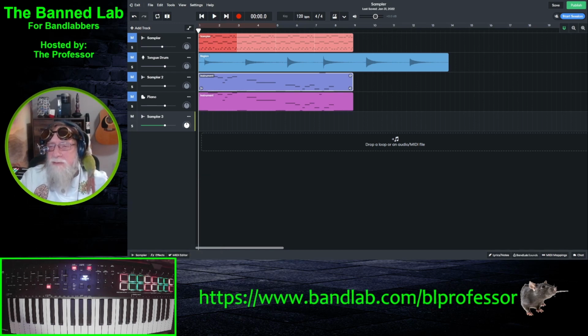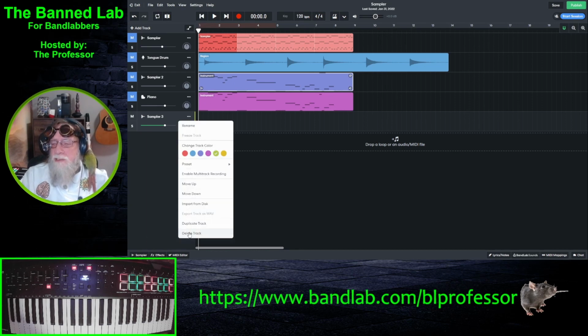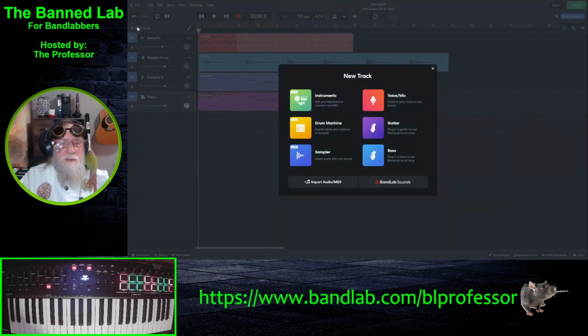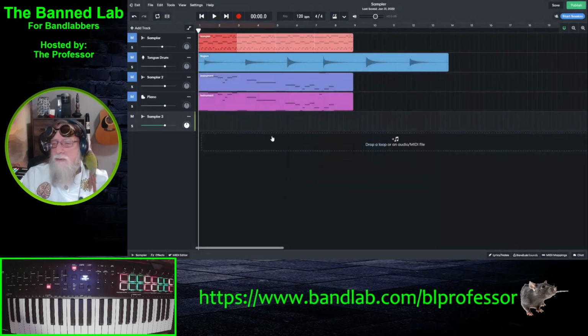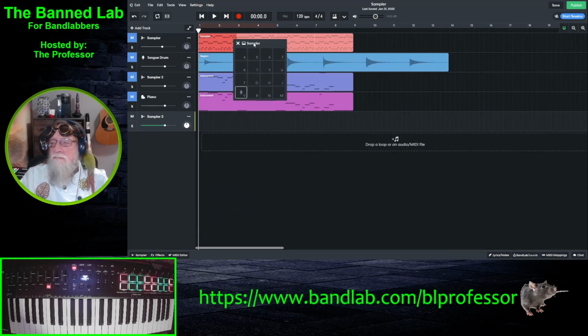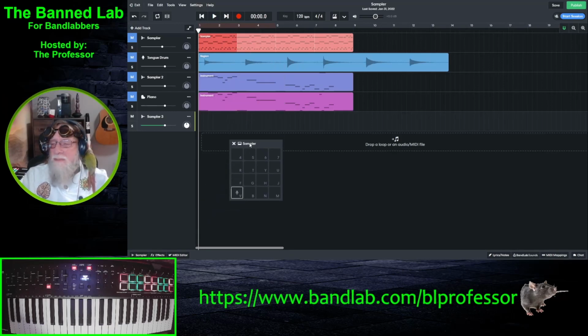Now before I go through these tracks I've already created, I'm just going to demonstrate how we actually go about using the sampler. It's really easy. Add track, and we select sampler, and that's it. We're ready to go. Now if we come down to the bottom left here and click on sampler, what you'll see is the sampler itself. Now the sampler is really just the pads, 16 of them,